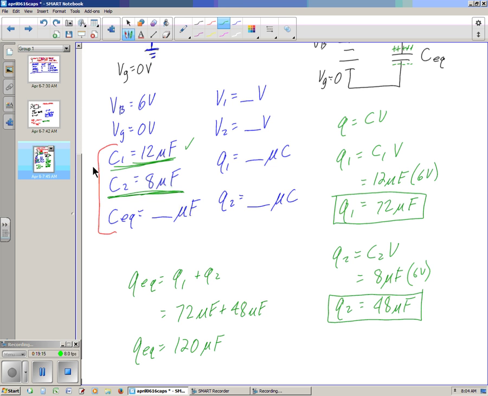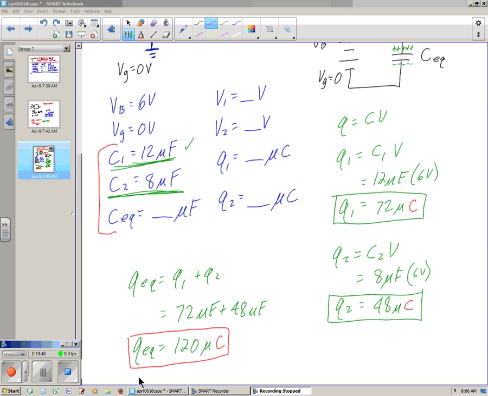Whoops, I've been making a mistake. We're doing charge here, so this is microcoulombs. And I have to go back and fix that error up here. Remember, when you make a mistake, you have to locate it and you have to fix it. So we'll do that right now. Okay, so there we go. So that's Q equivalent. And if you replace those 2 with a single capacitor, it would have this much charge